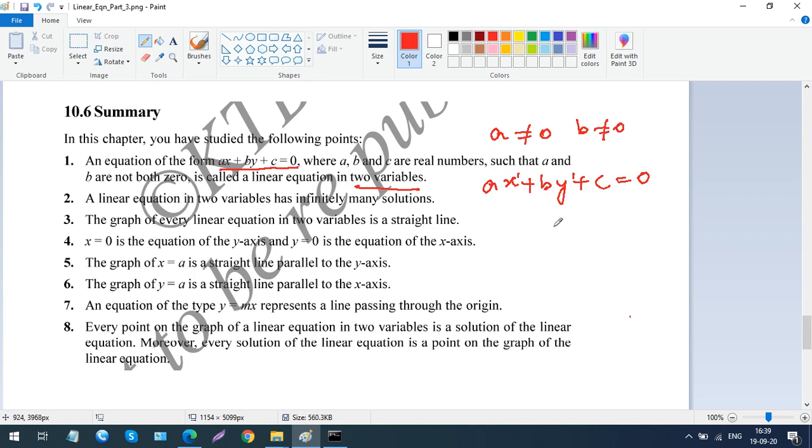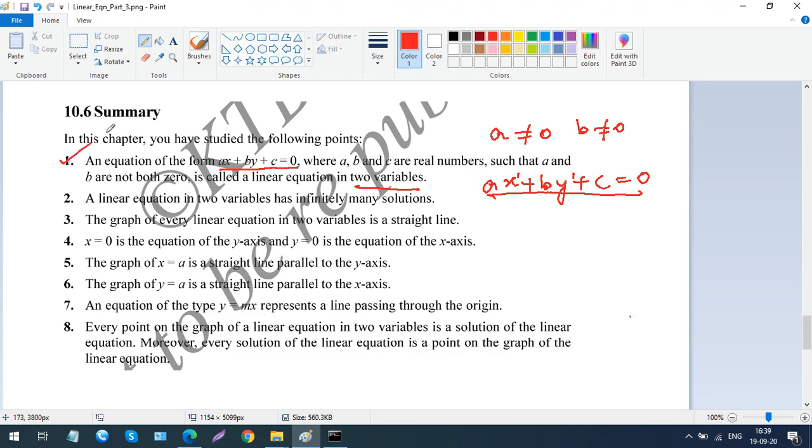Because let's say if b is 0, then b into y, 0 into y becomes 0 again. So you have only ax. So in that case it becomes only a one variable equation. So if you want to have a two variable equation, this particular setup should not have a and b equal to 0. c can be 0, that's not a problem, because that's just a normal constant, a normal number.